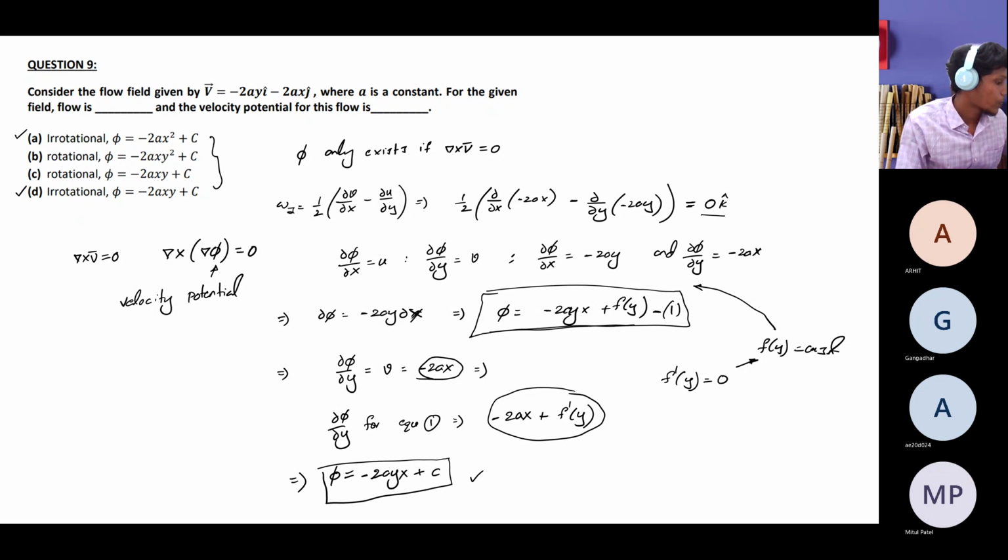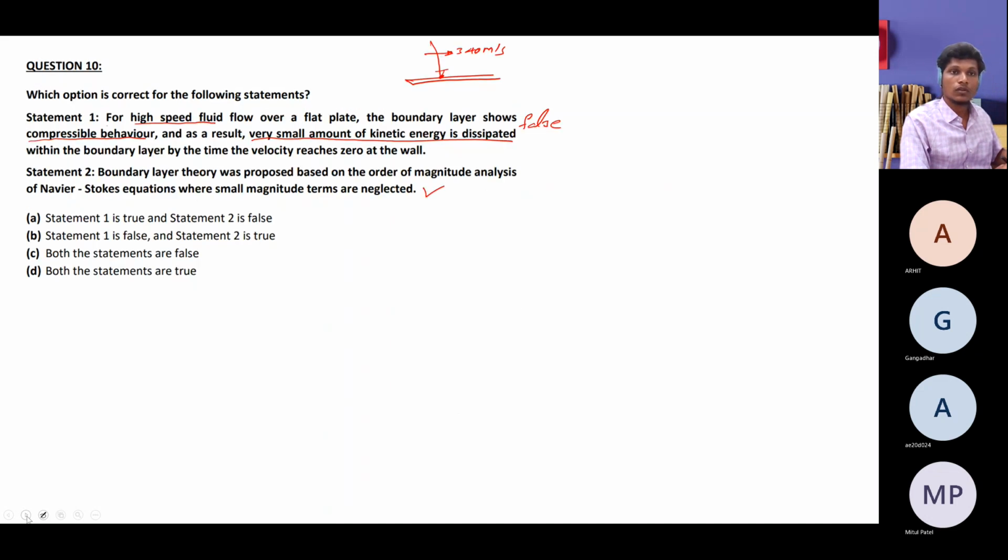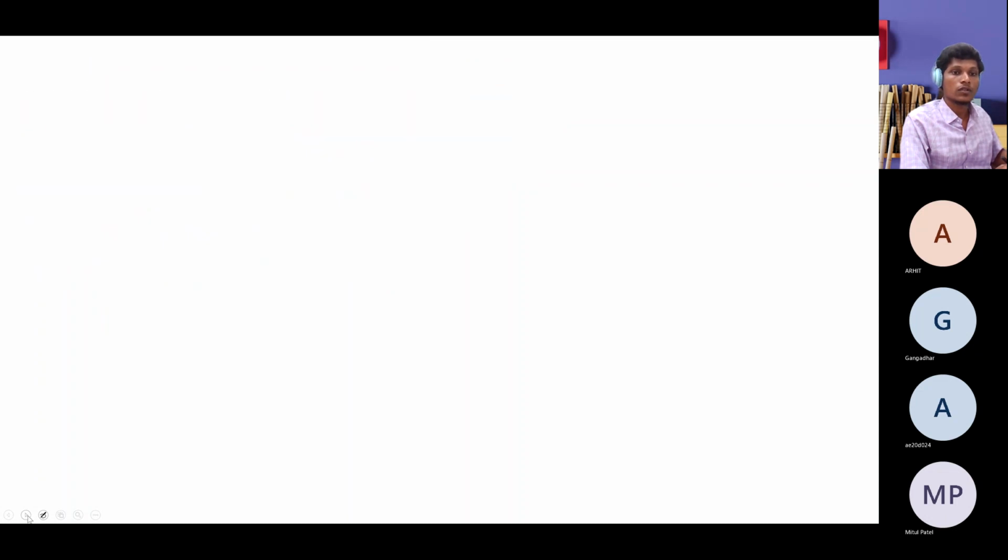Okay, these are all the questions. Let me see whether we finish the remaining questions. Yes, this one we discussed last time, and this one also. So all the questions in this we discussed, but last time I noted a few questions. That is question number 9 from assignment 5. Arhit asked last time regarding a doubt, and I explained what was happening in that question at the beginning of the lecture. One more thing he asked is what is the Coanda effect.